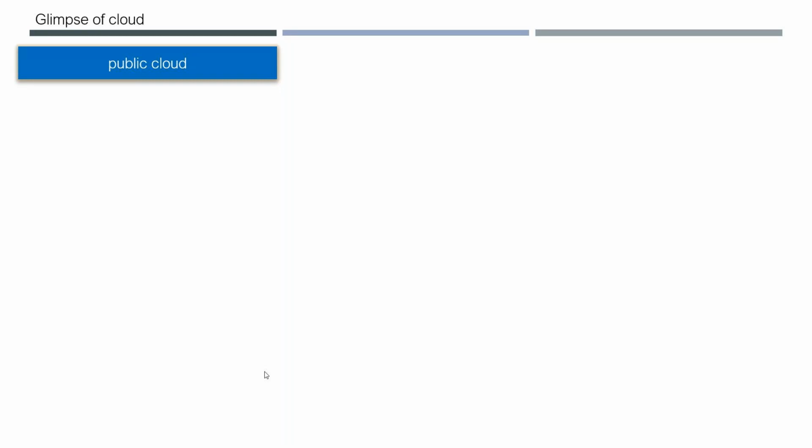So from 3 to 4 months to build a server, we have come to the point where you can create a server within a minute or two. If you want to deploy your application on a new server, it hardly takes a couple of minutes. That's it. So that's the reason cloud became very famous. And also, if you are using a cloud, you will pay for what you use. That means if you are using a virtual machine for one day, you will pay the cost of the virtual machine for one day only. It is a service only.